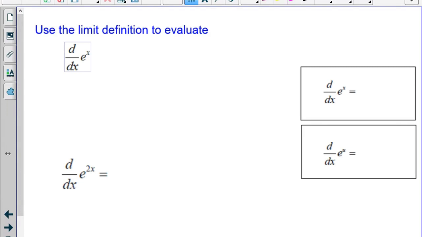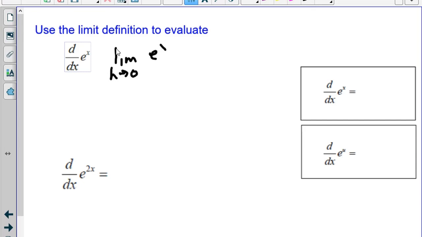Now what we're going to do is take the limit definition of the derivative to evaluate e to the x. Now obviously you're not expected to do limit definitions a lot anymore. You have to know what they look like because on multiple choice problems on the AP test, they do it all the time. And just know that it ends up being the derivative of something. But we're going to use the limit definition for a particular reason. So the limit as h approaches 0